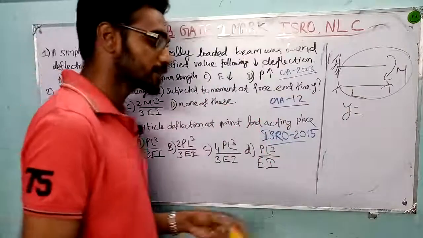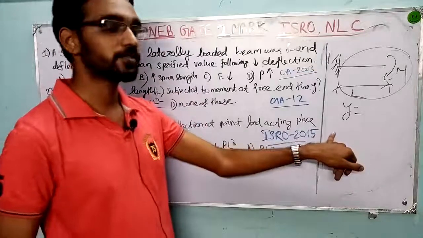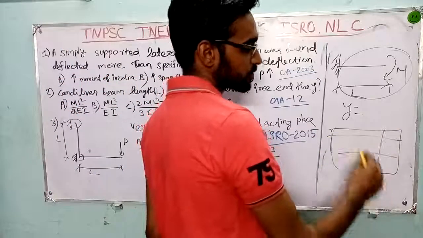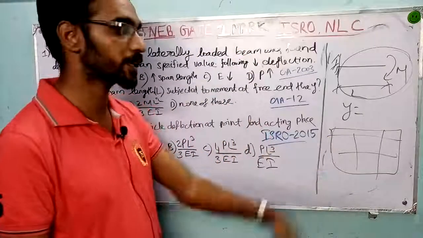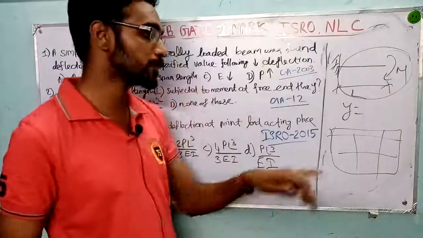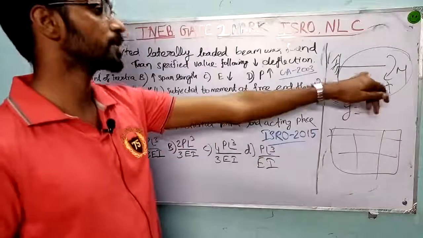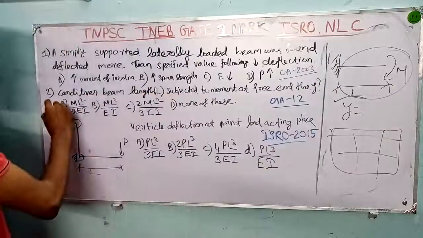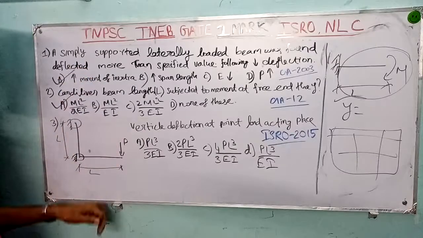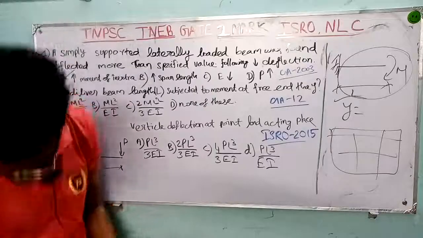Already I said in part 2, deflection of beams, there is one table, and you should memorize this table column. That is the reason I say to memorize. In the part 2 deflection of beams video, the table gives the deflection of a beam with a moment at the free end, which is ML square by 2EI. That will be the answer.